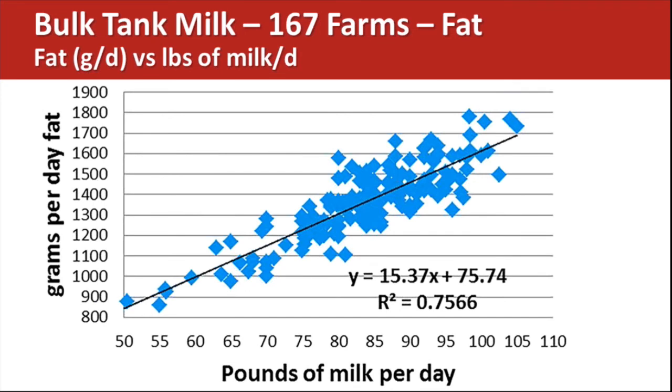Pounds of milk per day on these 167 farms. And the first thing I'd like you to note is we got all the way from 55-pound herds up to 100-plus pound herds. So this is a wide range of management and productivity. But grams of fat per day, really, if you want to get up in that 1,500 to 1,800 grams of fat output per day, you're going to need to be up here in the high volume production, R squared